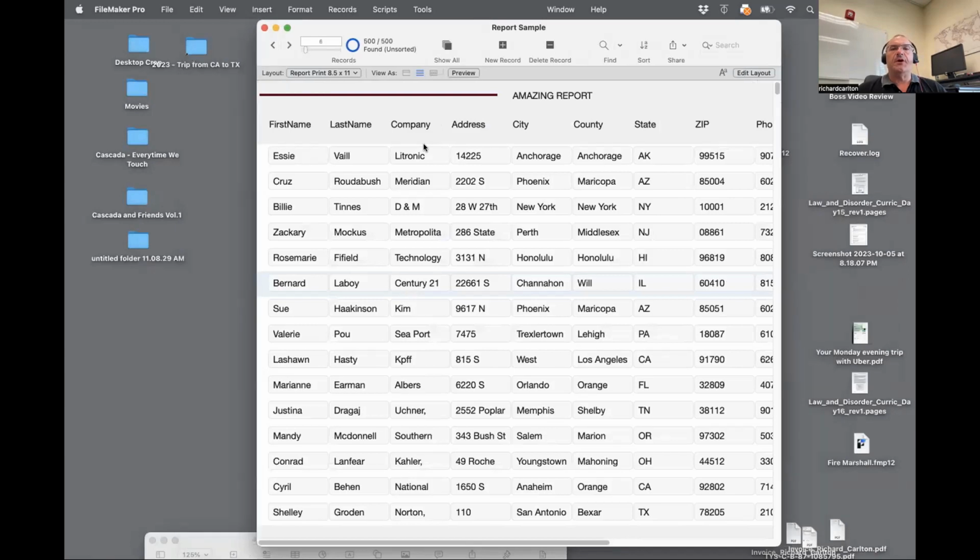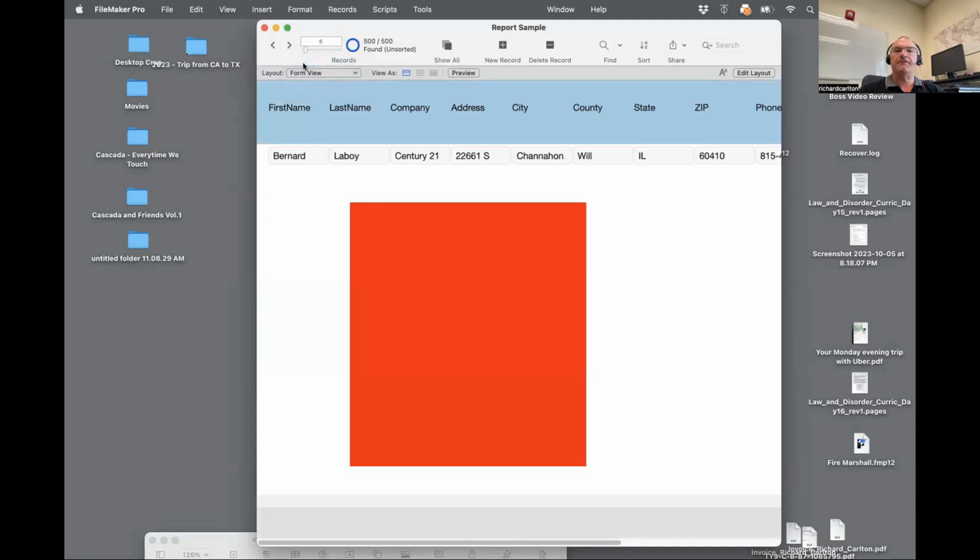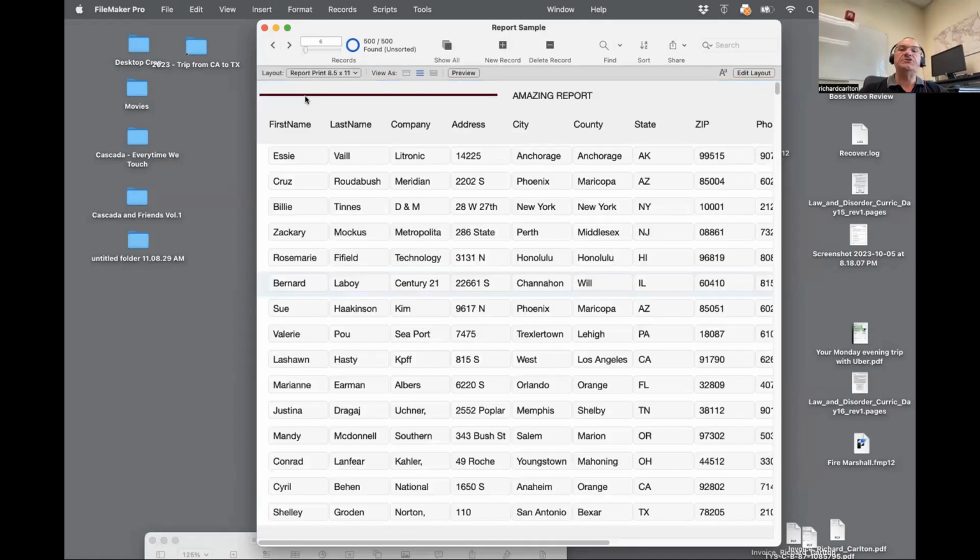So here we are in browse mode. I can flip to here and it looks different, and I can flip to here and it looks like a form. So now we understand these types of layouts. And then we have this one, which is just going to be customized and standardized and made different, so it comes out on paper nicer. And so the issue is